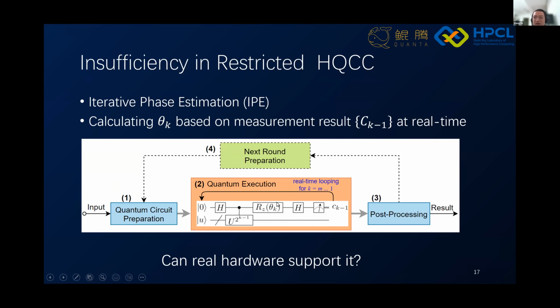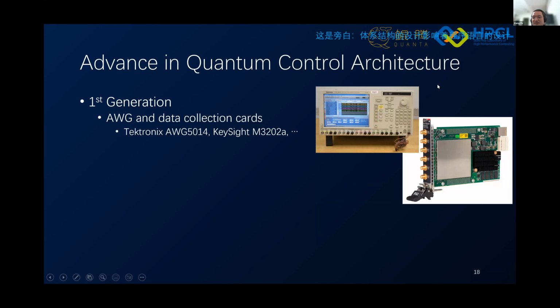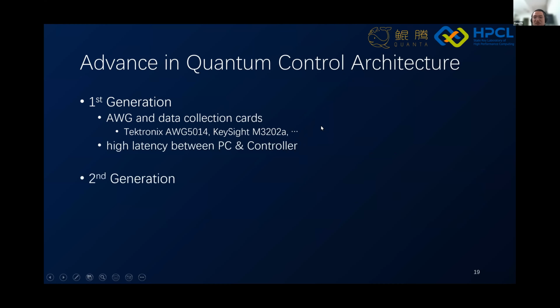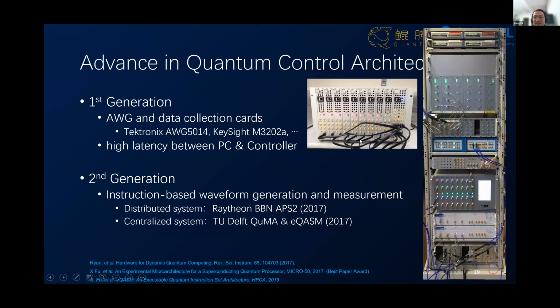How does hardware support it? You need to look at the advances in quantum control architecture. For the first generation of control architecture, we have AWGs and data collection cards like this, and there's high latency between the PC and the devices. For the second generation, we use instruction-based waveform generation and measurement. A distributed system is like this APS system by Raytheon BBN.